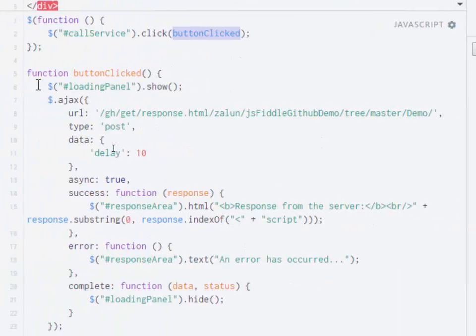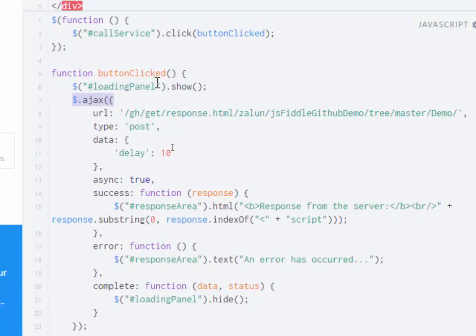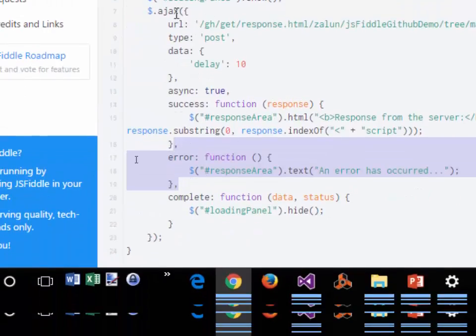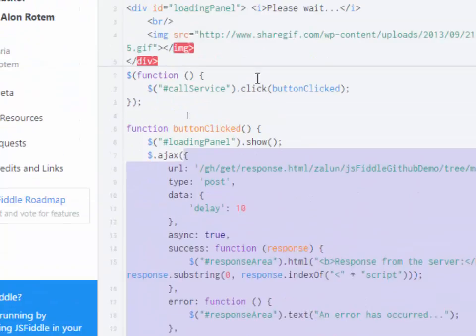Then, when I want to make a service call, I'm putting up a loading panel, so there'll be a please wait, and then I'm just calling $.ajax with the URL, what kind of request, and what you want to send. In this case, it's a service that just waits as much as you tell it to wait, so it will wait, I think, 10 seconds and come back. If there is a successful response, we just want to print it out, the response from the server. If there's an error, this is just a JavaScript object where we put all the properties of the request and call it, and that's it. So it's really, really easy to initiate